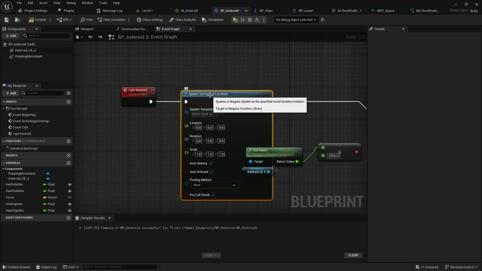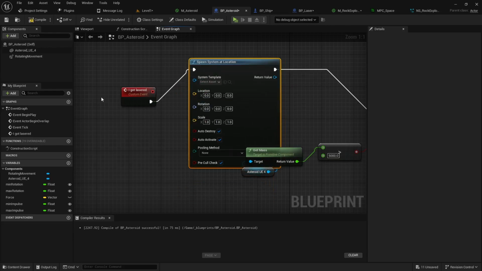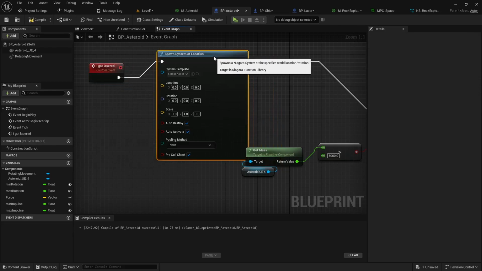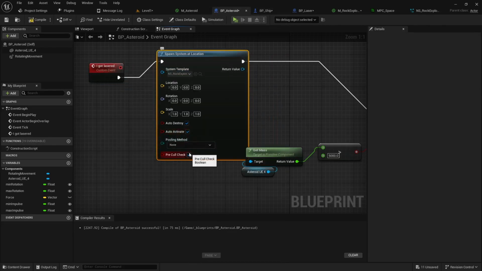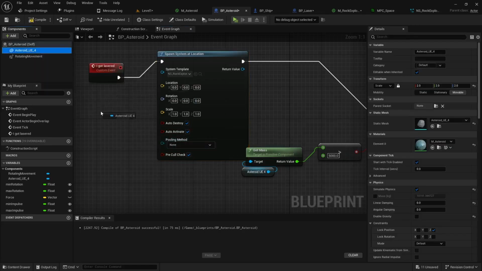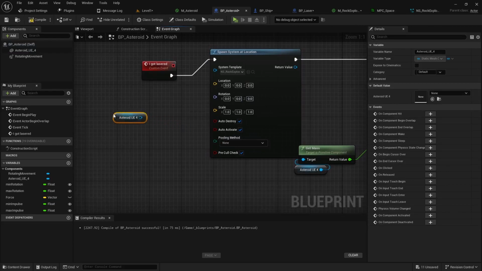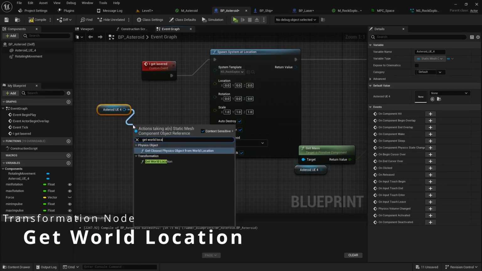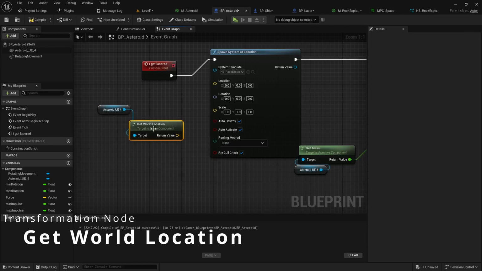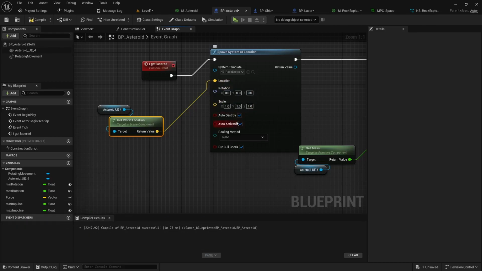I think that looks okay. And the system we want to use is our rock explosion. And we need to figure out the location. We can just drag our asteroid out here, and then get the world location from the transformation. We can pop that into the location. I don't think we need to do anything else with scale, so we can probably just compile that,